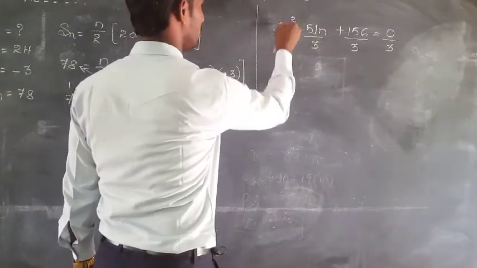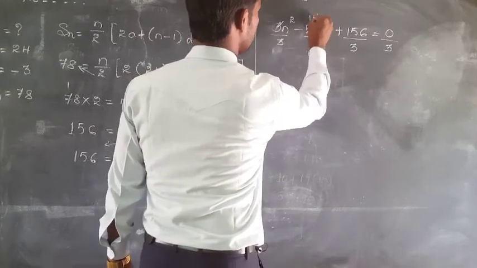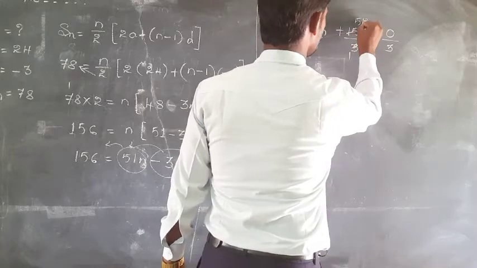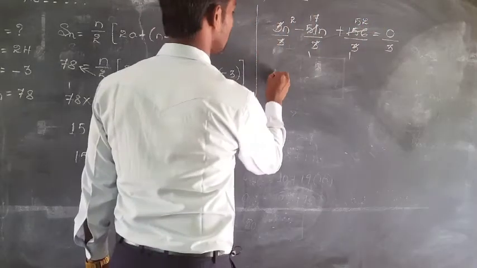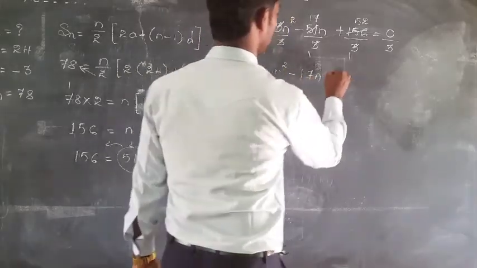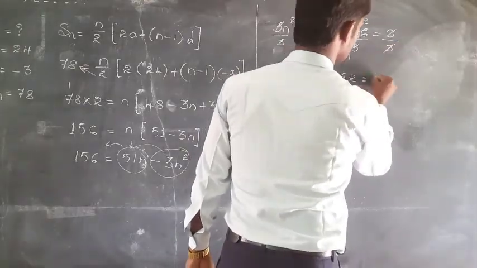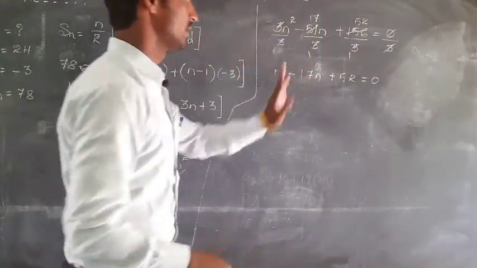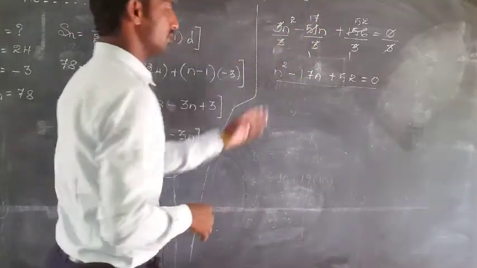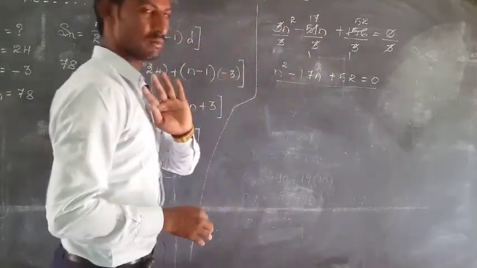So therefore 3 gets cancelled, 3 ones are 3, 3 ones are 3, 21, 3 sevens are 21, again 3 ones are 3, 3 fives are 15, 3 twos are 6. So what we got remaining is n square minus 17n plus 52 is equal to, what is our answer? 3 ones are 3, 3 zeros 0. So again it is 0 only. So here we have one quadratic equation. What did we do? We reduced the quadratic equation into its simplest form, that's all.